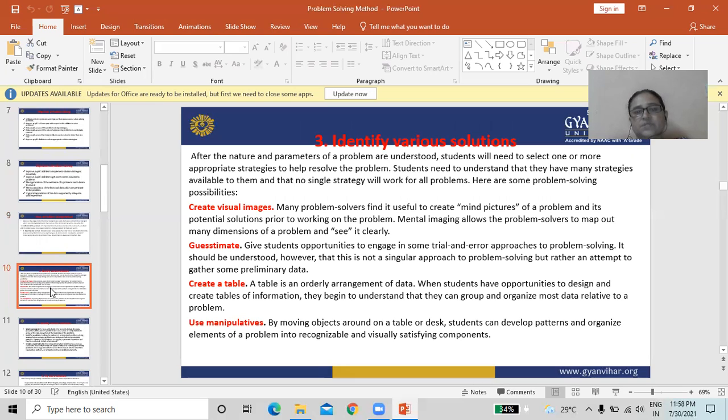Third step is identify various solutions. After the nature and parameters of the problem are understood, a student will need to select one or more appropriate strategies to help resolve the problem.